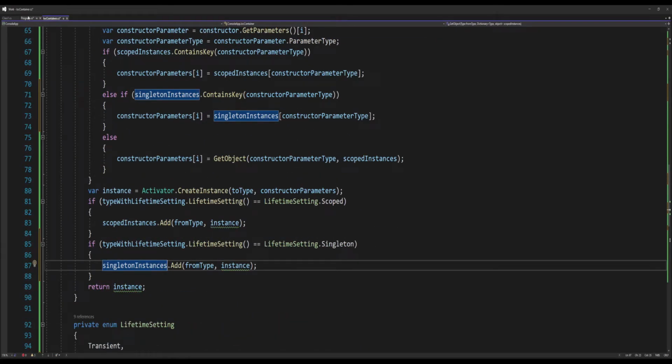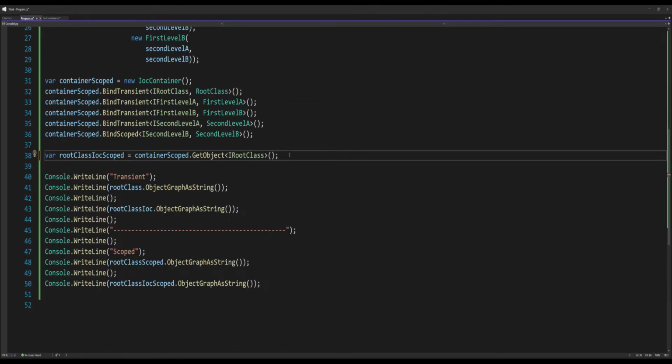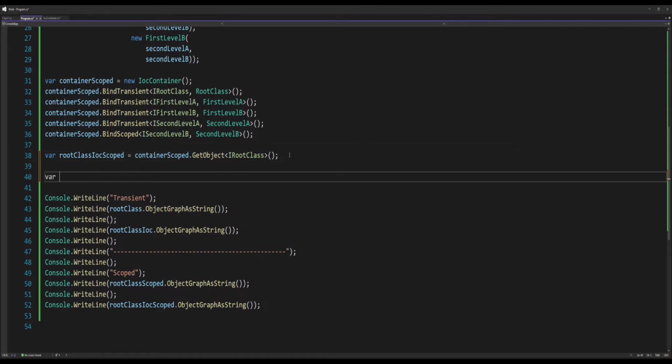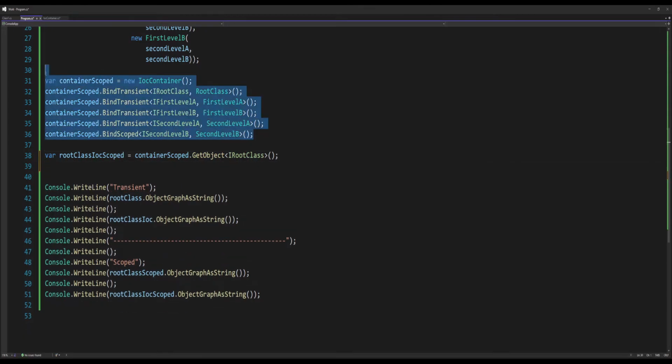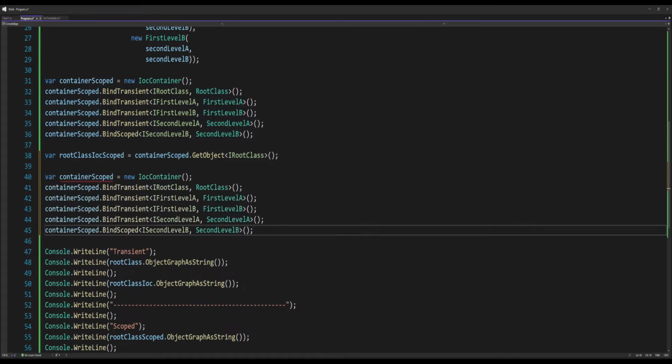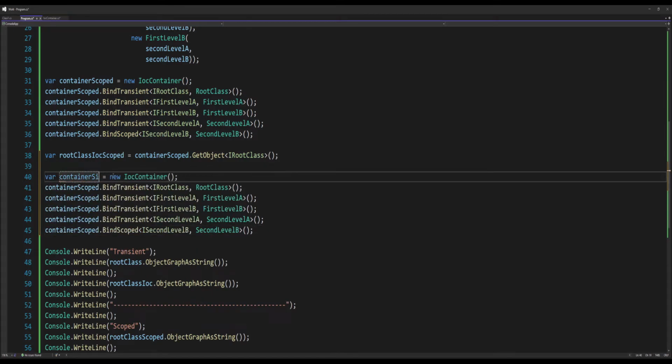Let's see if we actually got it to work. Again, since we built up a lot of the foundation, adding the singleton was relatively straightforward. So let's create a new container var. I'll just steal this and rename it. I'll be sure to rename it and not make the mistake like I did last time and use the same thing. So this will be container singleton. So I'll use singletons. And for this one, I'll use